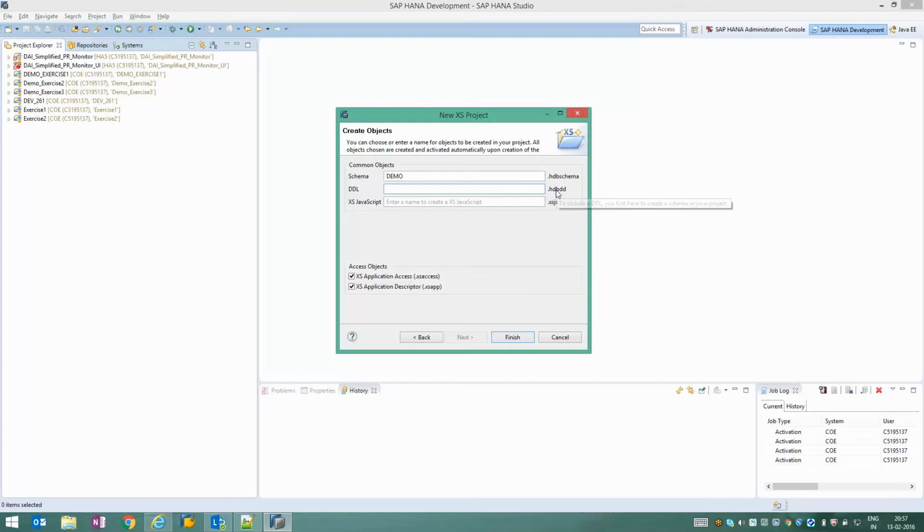This is a newer version of the file HDBDD in which you are going to create all the tables and structures and all those things. And when I create this, it is by default going to create the schema object. So we are not going to do that. We will go ahead and manually create our own schema file. So I'm just leaving these two columns empty and I click on finish.